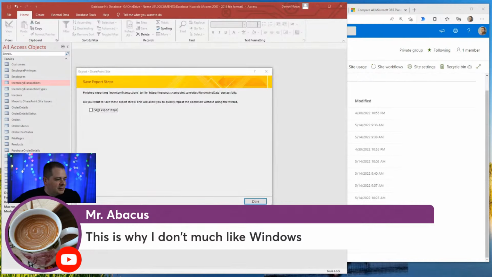Mr. Abacus says this is why I don't like Windows. Well, are you an Apple person? My wife is an Apple person. She really likes Apple products, operating systems, but